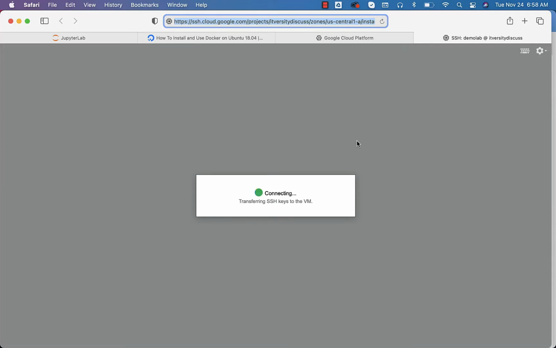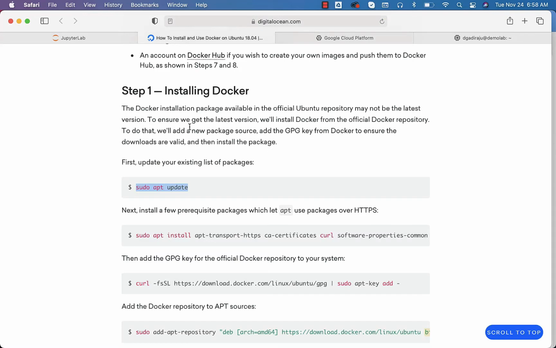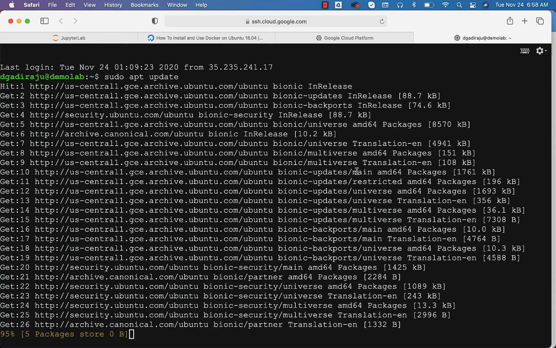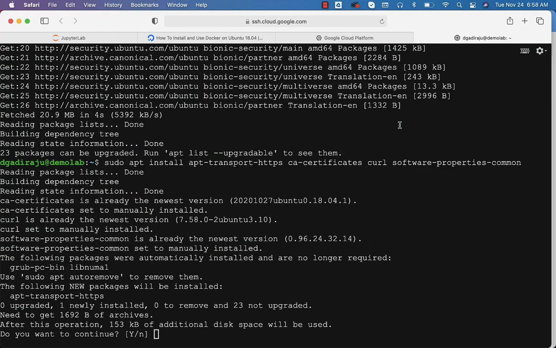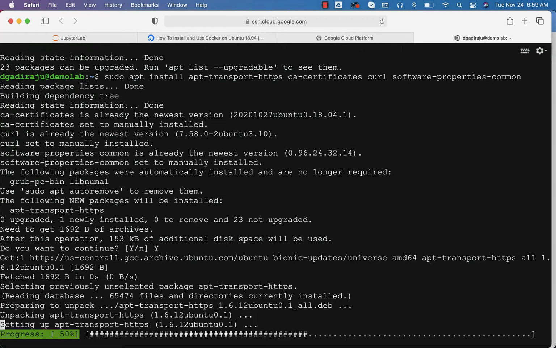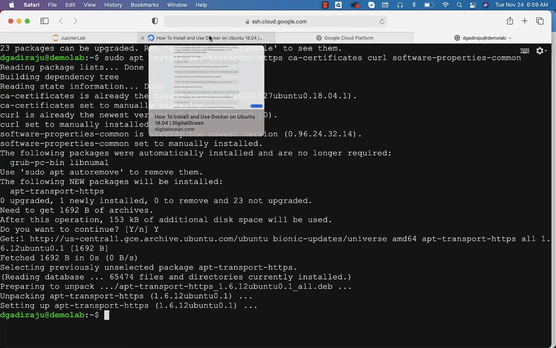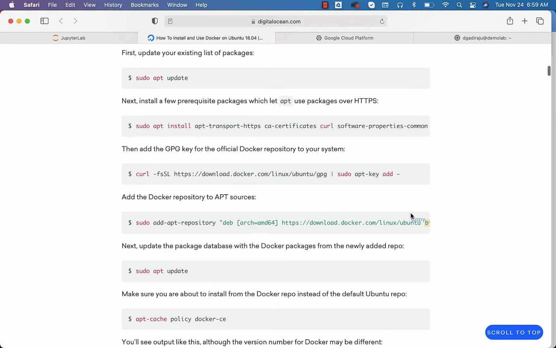Once it is connected, we should be able to run that apt update command to update some of the prerequisites related to installing software using apt. Let's make sure that this is copied. You can also copy from here and then run it here. You can see that it is running. Meanwhile, we can copy this command. It will take care of installing some of the software that is required to set up Docker. You can run this. You just have to say Y, or even hit enter. If something is in uppercase, it is the default, and hence we can say Y, or we can hit enter directly. Once this is installed, then we have to take care of running this command.